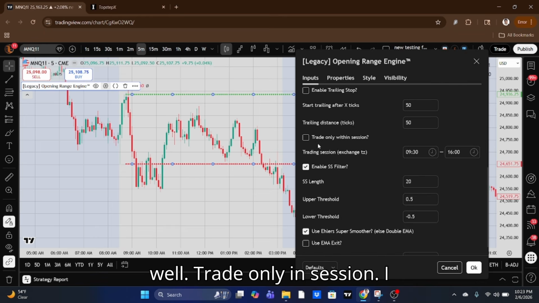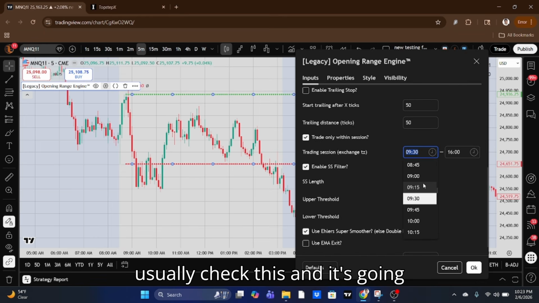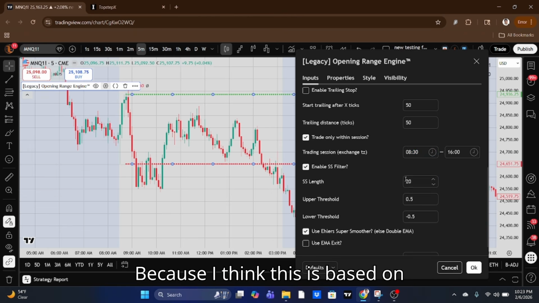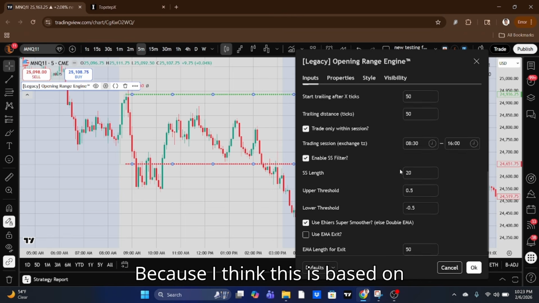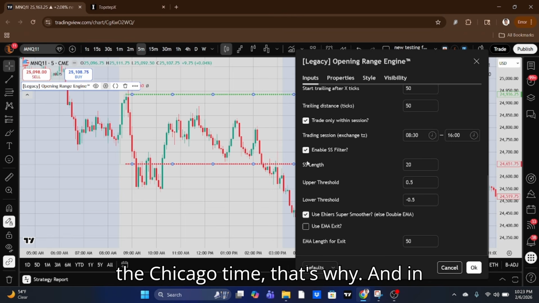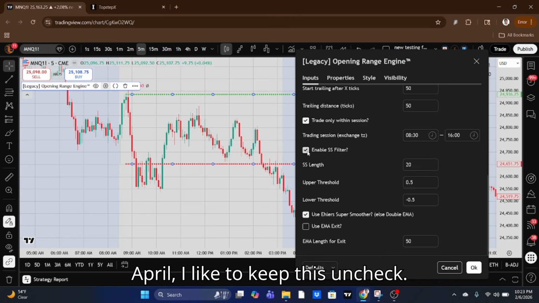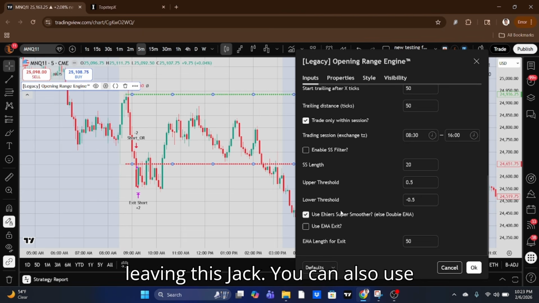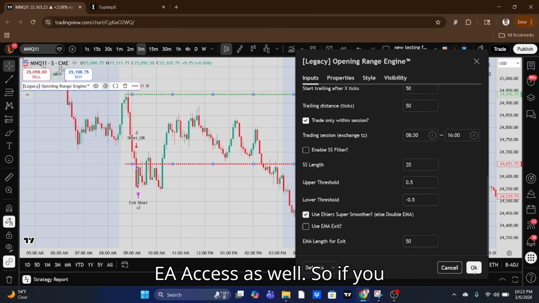Trade only in sessions. I usually check this, and it's going to be at 8:30 a.m. because I think this is based on the Chicago time. That's why. And enable, I like to keep this unchecked. I didn't really find this helpful on leaving this checked. You can also use EMA exit as well. So if you click OK,